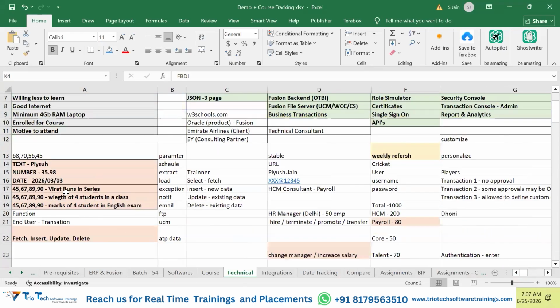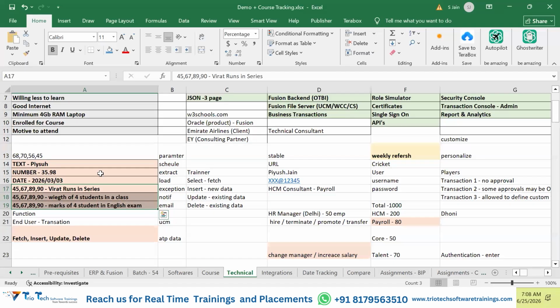Whenever I say data, if I say 68, 76, 56, 45, can you make anything from this? Whether it's the marks of a student, the weight of our students, or the score by one of the cricketers, could you make anything from this just by looking at the numbers? No, right? Because it is just the data. And once there is something meaningful that you can draw from the data, that is called information, right?